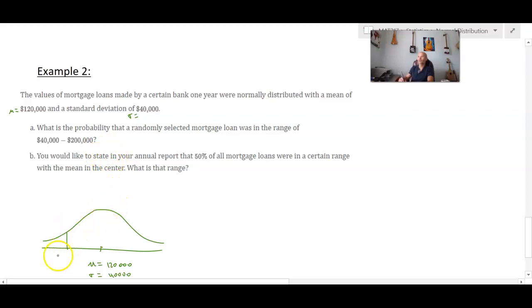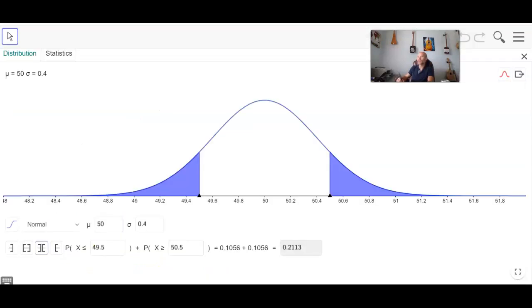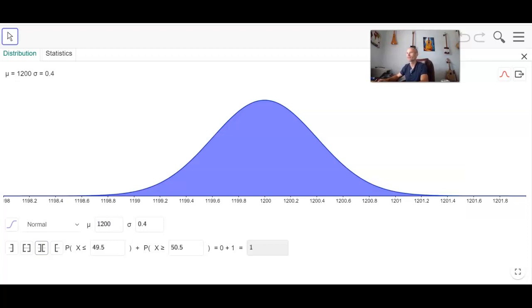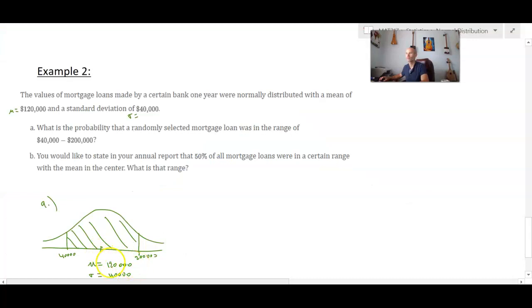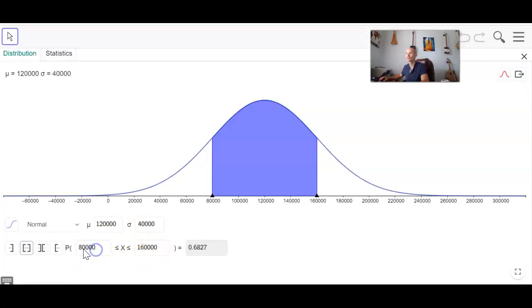Okay, so 40,000, say, is here. 200,000. So it looks like 80,000 to the left and to the right. And I want to know what is this area right here. So I'm going to go back to my probability calculator, change this to 120,000, change sigma to 40,000, and now I'm going to select the interval range here, and we want this to be from 40,000 to 200,000. Change this to 40,000, change this one to 200,000, and I see that about